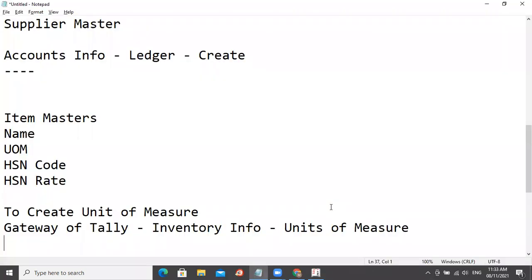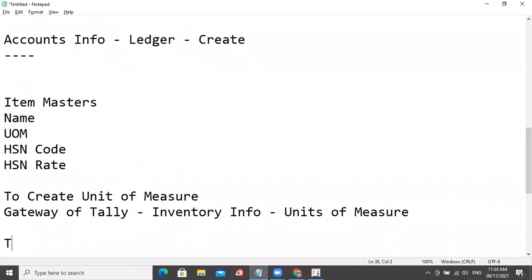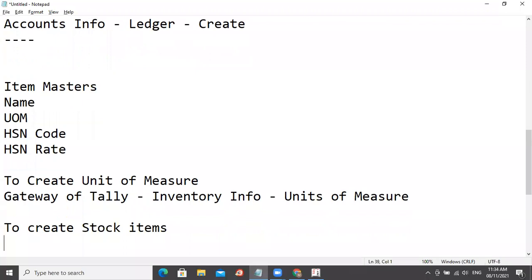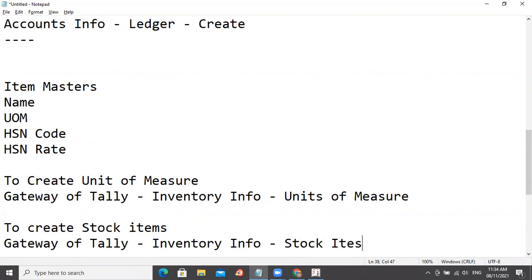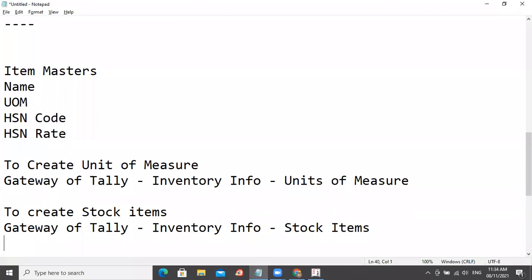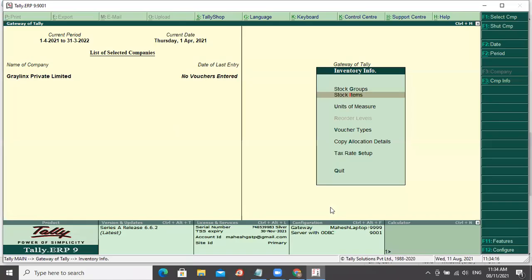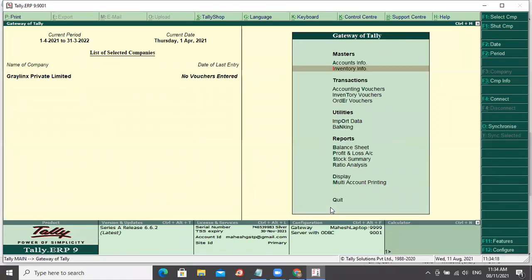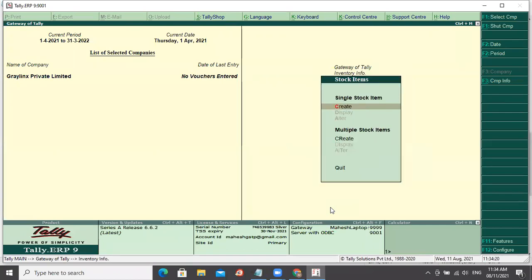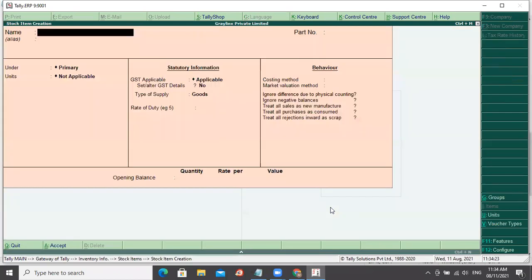Okay, so this is for unit quantity code to create stock items. Go back to gateway of Tally, inventory info, and stock items. Okay, so inventory info, stock items, create.